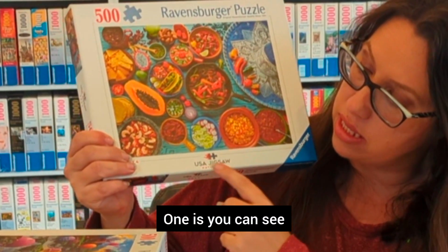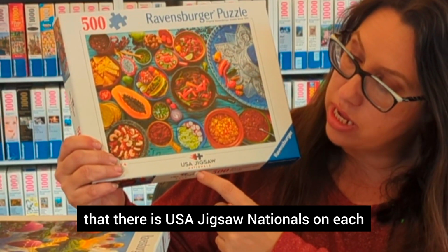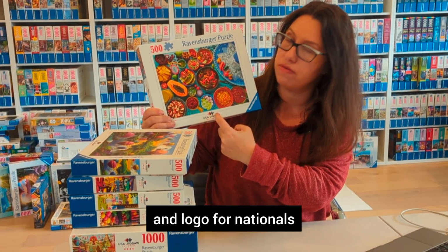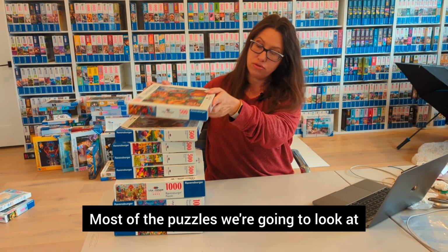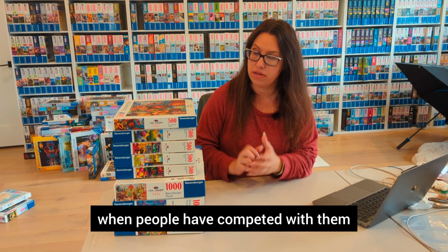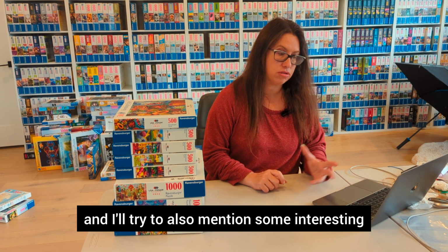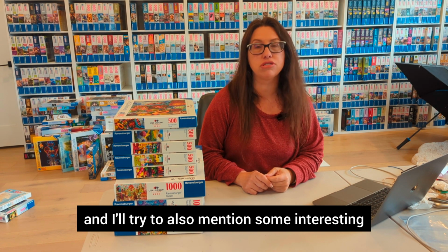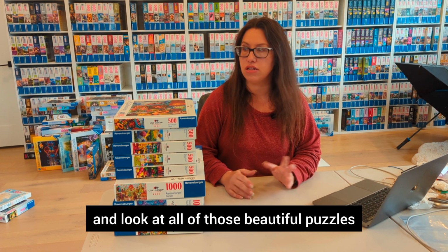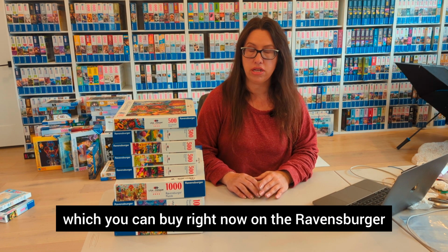One is you can see that there is USA Jigsaw Nationals on each one of them with the special symbol and logo for Nationals. Most of the puzzles we're going to look at, I'll explain exactly when people have competed with them, and I'll try to also mention some interesting additional facts on that. But basically, let's dive in and look at all of those beautiful puzzles, which you can buy right now